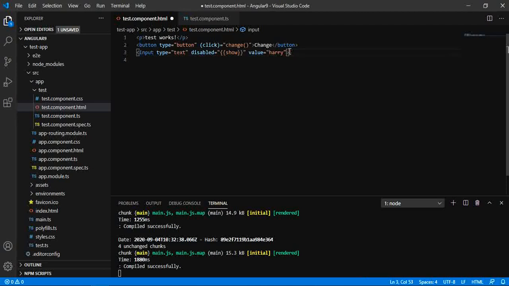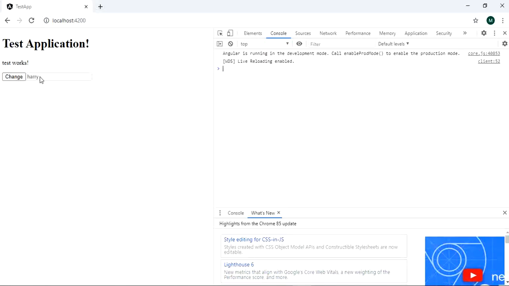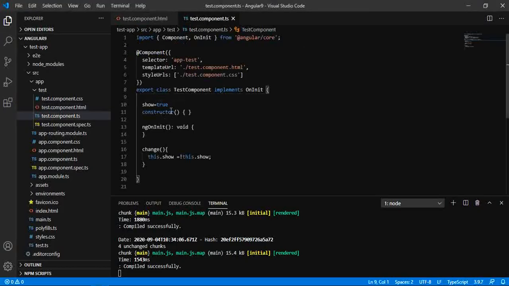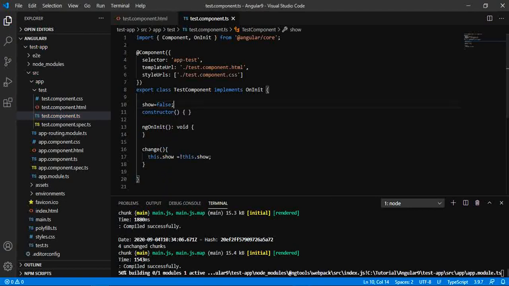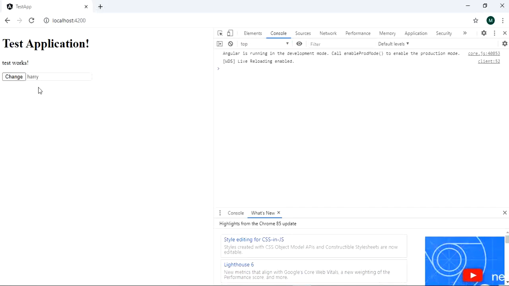Now let us see what will happen. Then later on we will see what it is actually reflecting. So it is disabled. Let me give the default value to false. Disabled equal to false. Then what will happen? Again it is not disabled.